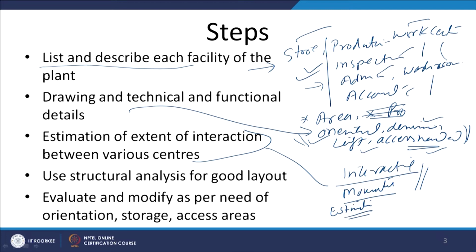determined. So, for this purpose we may use work sampling, or we can keep having the record of the kind of the movement which is involved across the centers of the material or of the man to have the smooth production. So, estimate of that movement or the extent of movement is developed, and this may be considered as the load or the number of the movements which is needed. This is very important thing. To have the data about the extent of the movement which is involved across the centers.